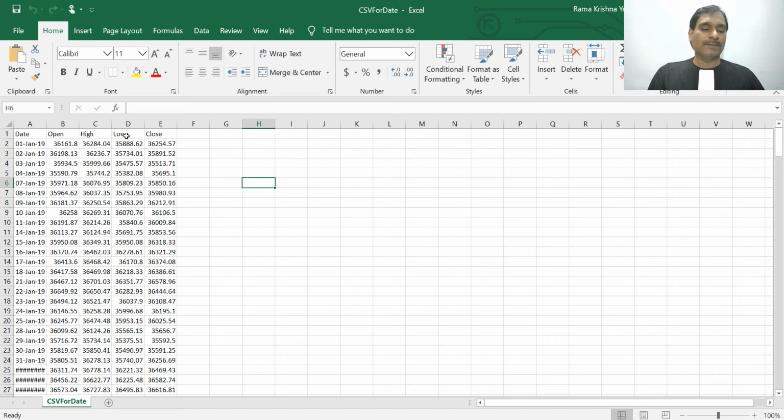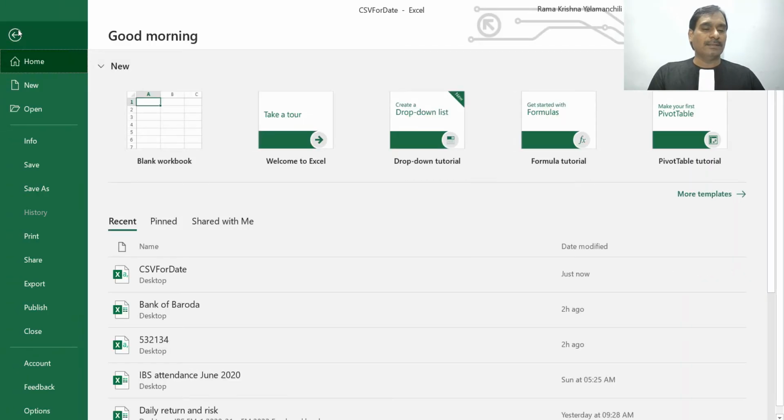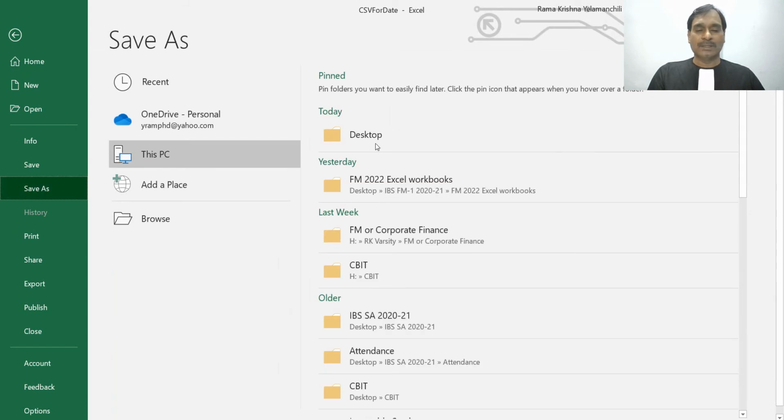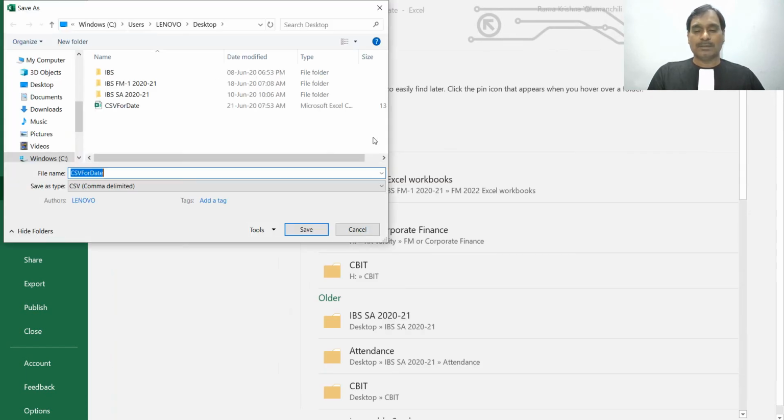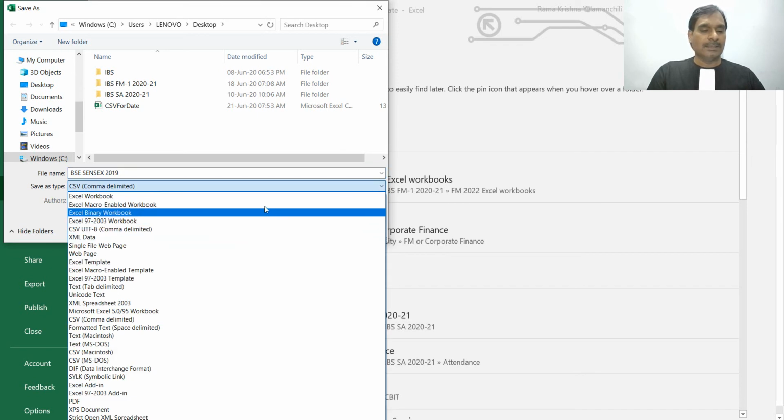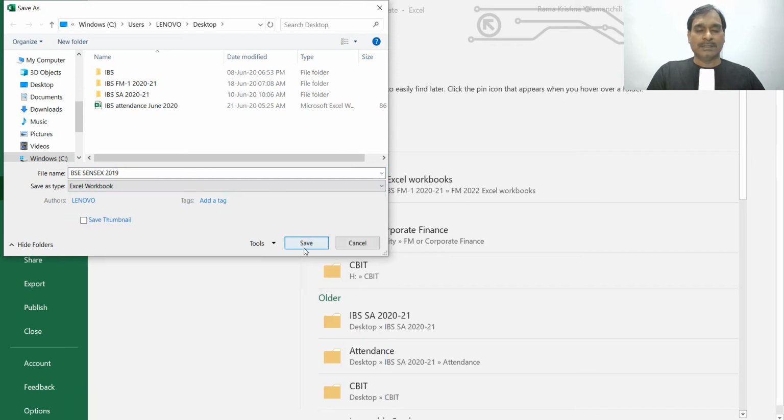To do that, click on File, then click Save As. I'm saving this on the desktop, and here you give a name. I'm saying that it is BSE Sensex 2019. Then in Save as type, select Excel workbook, then save.